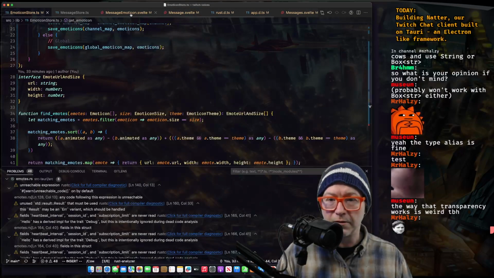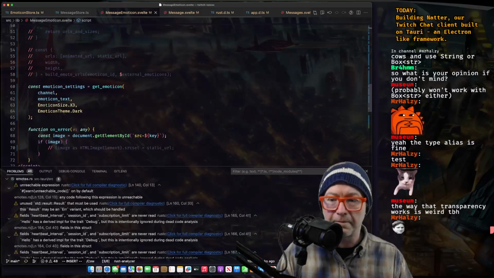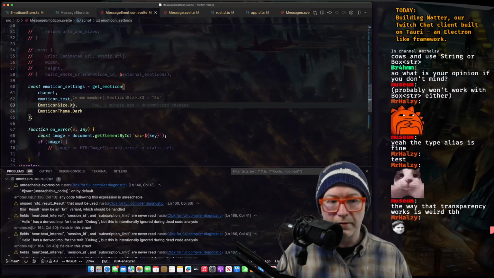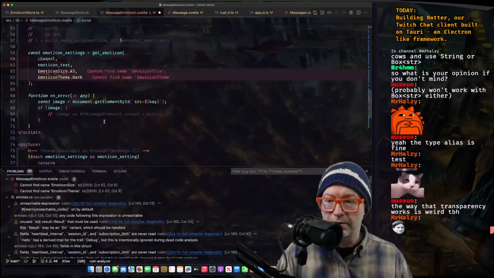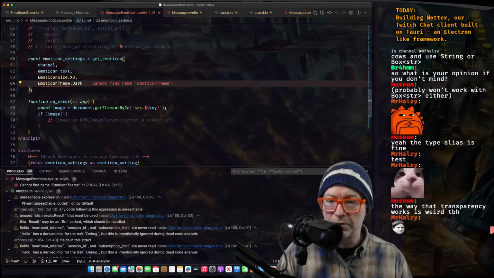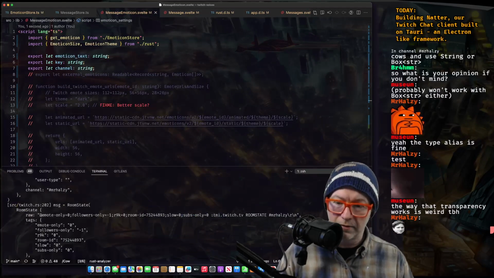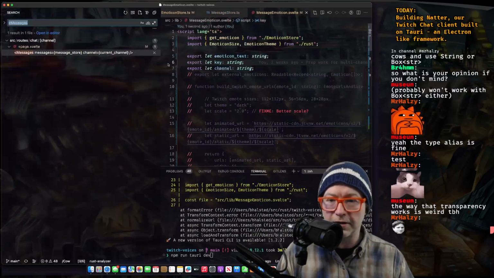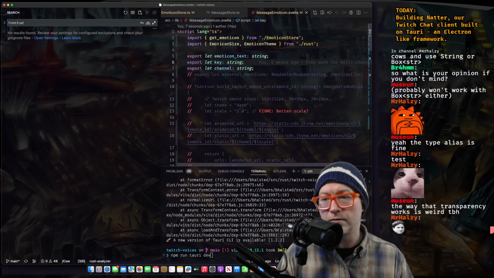But back with our emoticons, right? But still not see that. And if I delete that, come down here, add import, it's there. I think it's the same as the other file, right? From Rust.